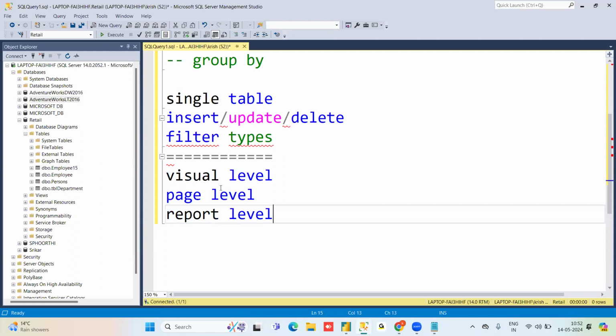If you see it like a hierarchy, the lowest level is the visual level filter, where the filter criteria is applicable for that visual only. On a page, if you have 10 visuals, that filter